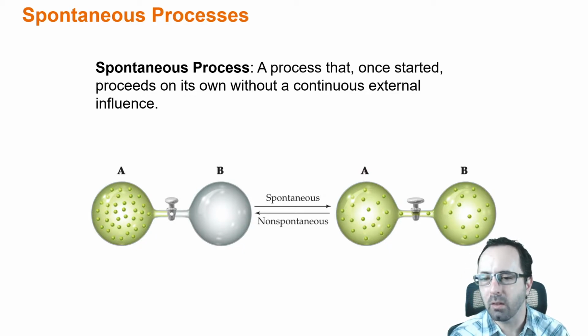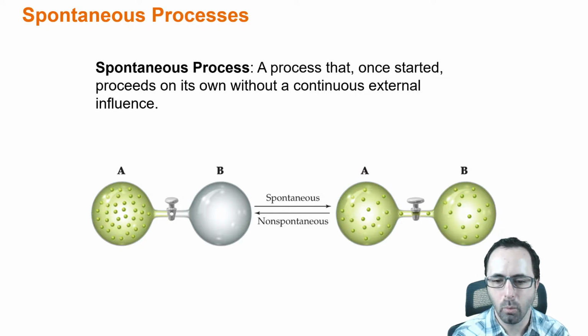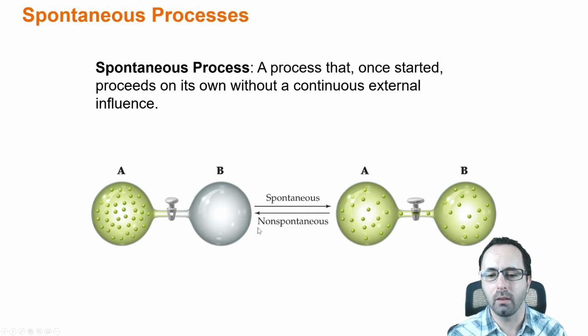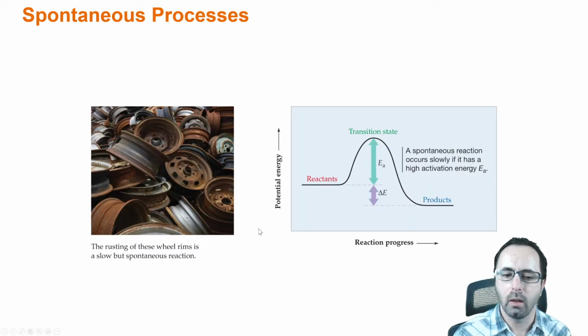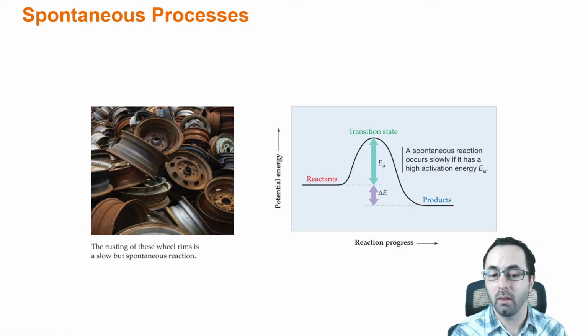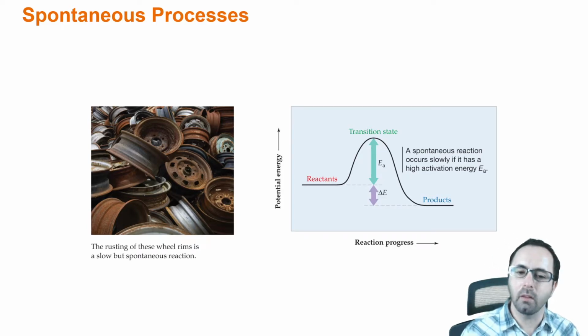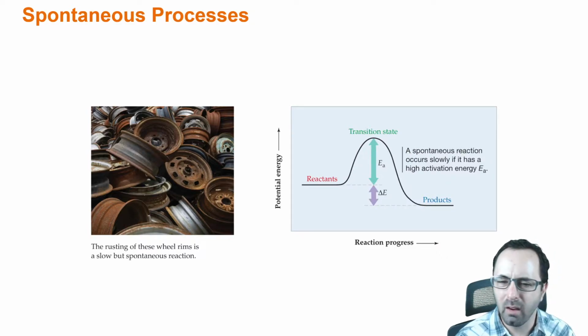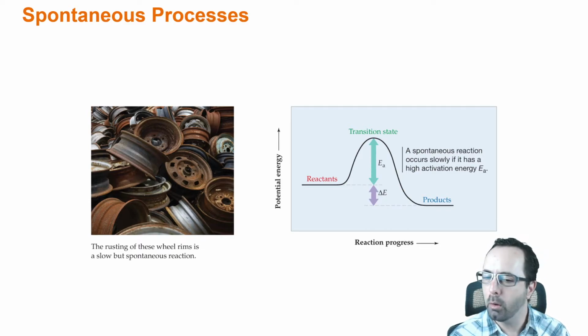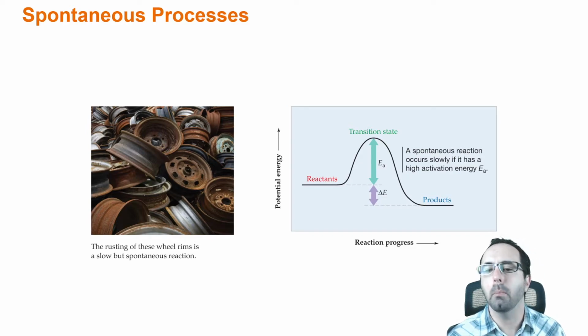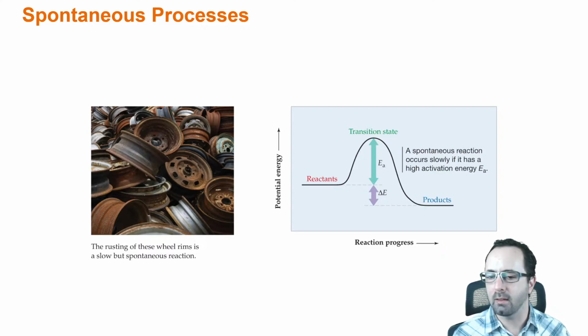But what is it that makes a process spontaneous, and how could we predict whether a process will be spontaneous or not? That's something that we're going to be focusing on a lot in this chapter. Another example of a spontaneous process is the rusting of these tire rims here, as you can see. Now, notice that the process that I showed you before would probably happen relatively quickly, but the rusting of the tires happens relatively slowly. But both are spontaneous. That is because we're talking about something different than what we talked about back in chapter 16, having to do with kinetics. This is a completely different matter.